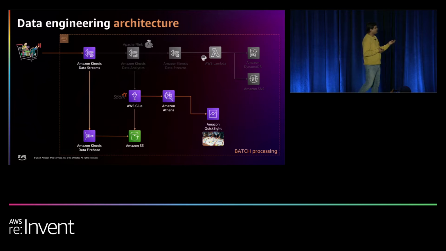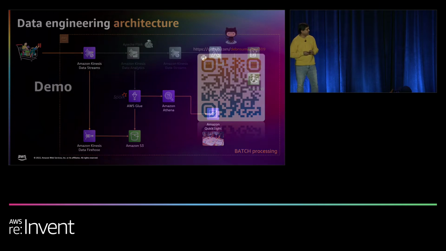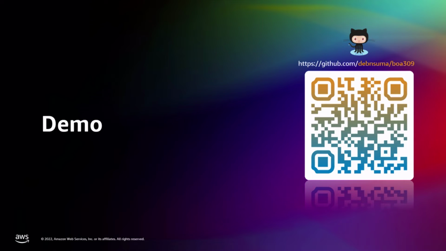And that's where you can make use of QuickSight, which will take the data from Athena, and you can make beautiful dashboards. So that's the whole thing that we are going to build now in the demo. And this is a repo, which you can always make use of. And the slide decks are also there in the GitHub repo, so you can always take a look later on.